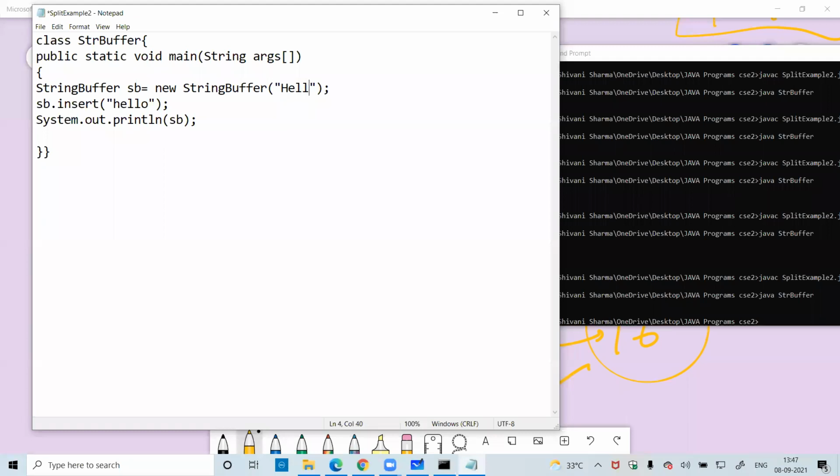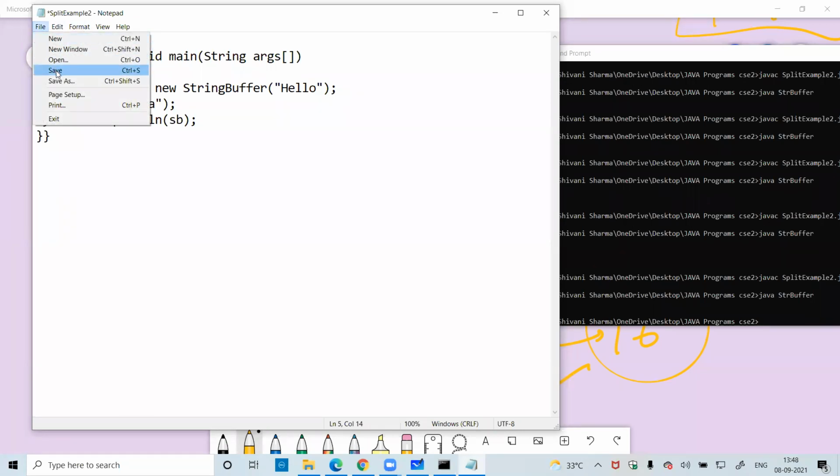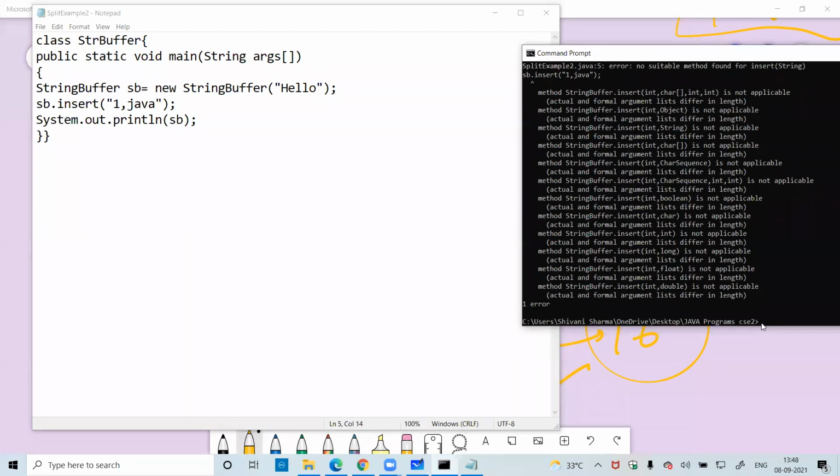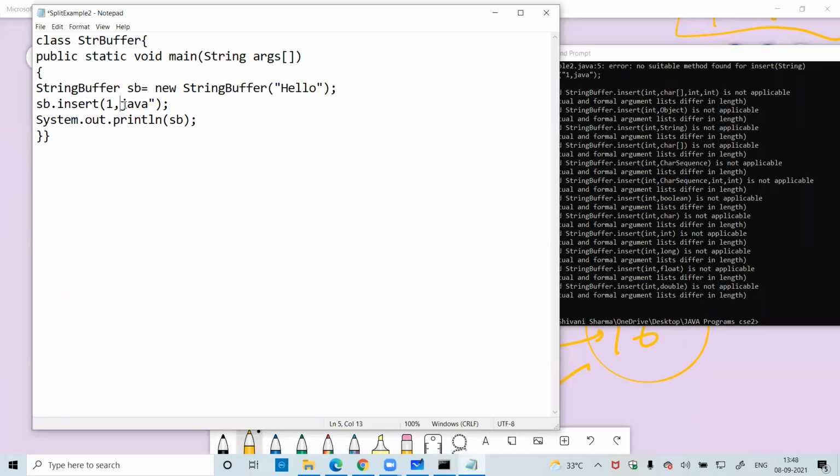If I write hello here, and here I write the Java word, that will look nicer. Now if I write insert, 1 comma Java, let me save the code and compile it. Oh, error, why? I have taken this one also inside the double quotes. Now save the code again.